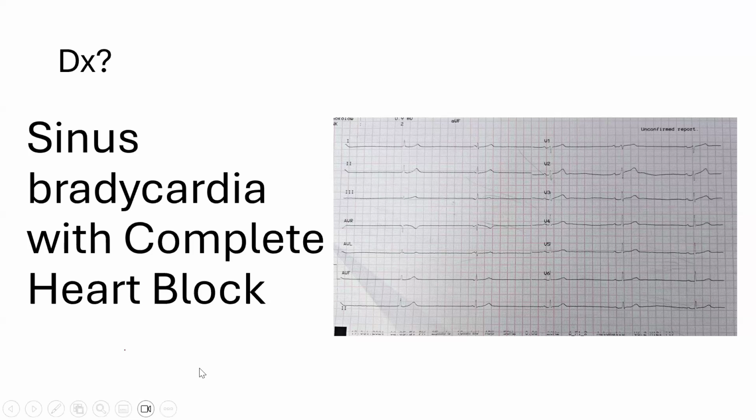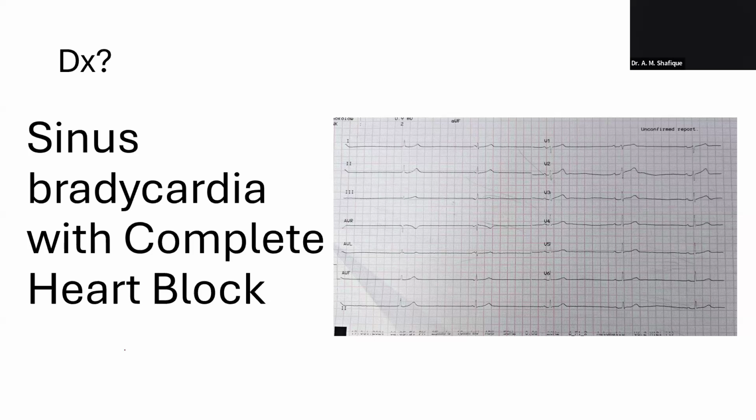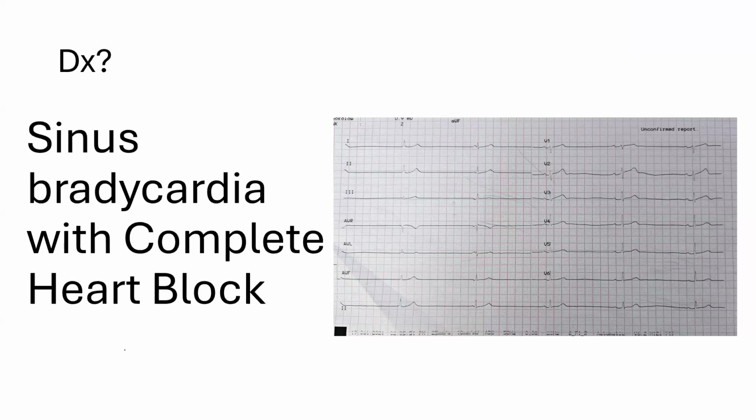Sir, this dissociation is because of the extreme sinus bradycardia. Right, extreme sinus bradycardia resulted in an escape rhythm coming out from the ventricle. So the ventricle is running on its own, and because of extreme sinus bradycardia, the impulse is not reaching the ventricle. So the ventricle itself is producing the impulse. So the dissociation is because of extreme sinus bradycardia, not because of an AV nodal problem. Is that what you want to say, sir?